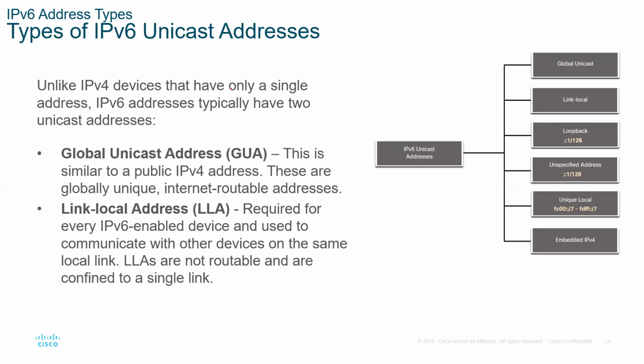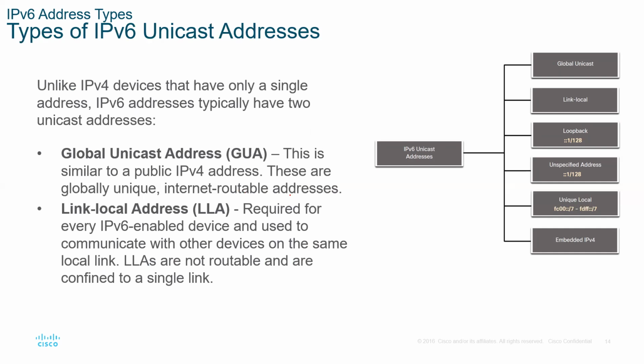In IPv4, a host is assigned one IPv4 address. However, in IPv6, every host has two addresses. One, the GUA. This is similar to the public IPv4 address. They are globally unique